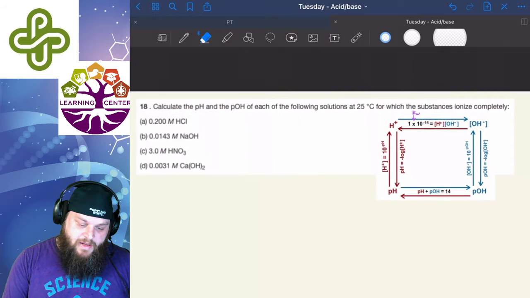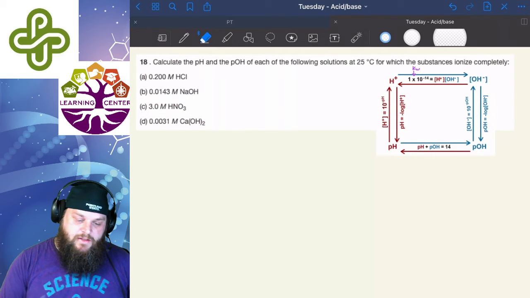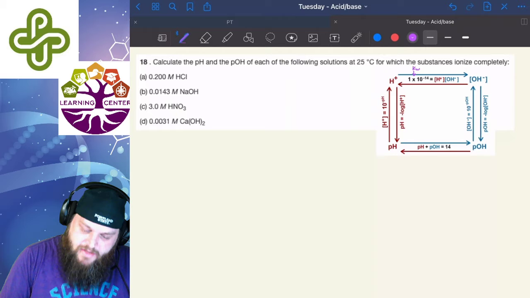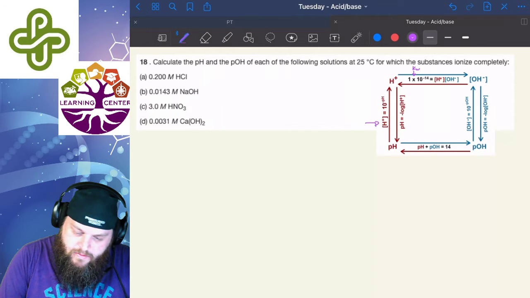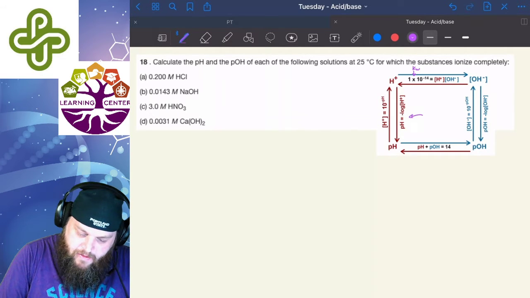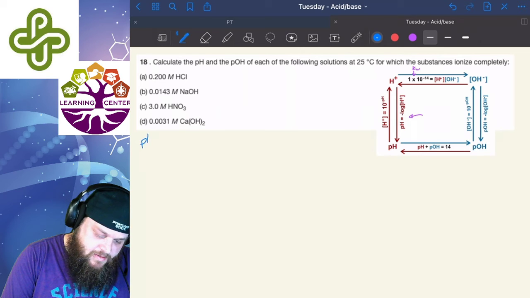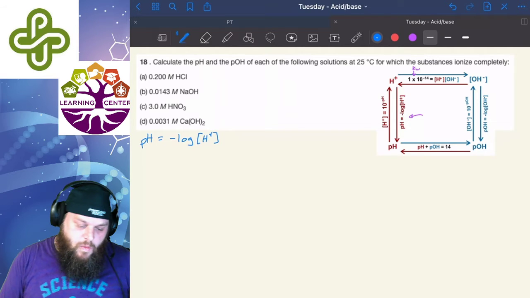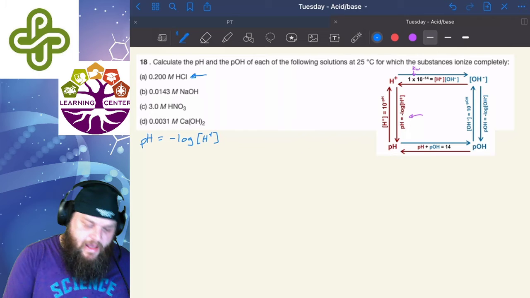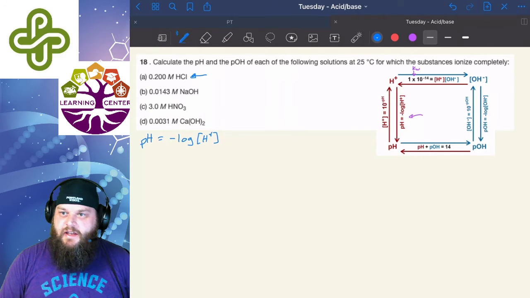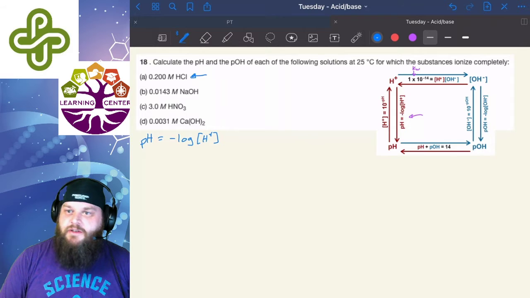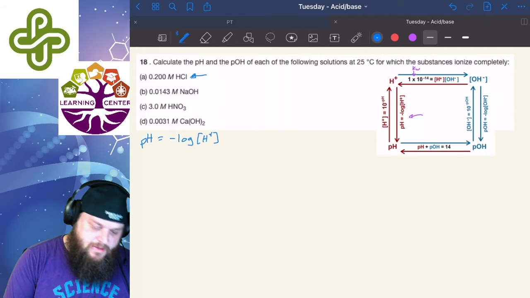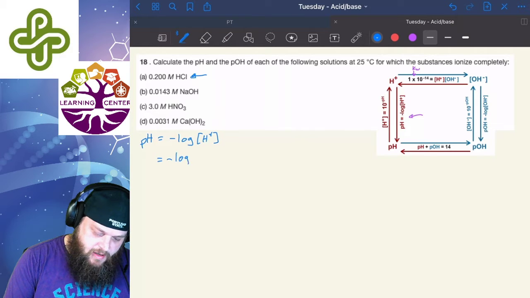So in this case, we want to calculate the pH and the pOH of these different concentrations. And using this equation here that says the pH is equal to the negative log of H plus, we can see in this one, when they add that HCl, it's fully dissociating. We can say that the concentration of H plus is equal to the concentration of HCl. So in this case, that's going to be equal to negative log of